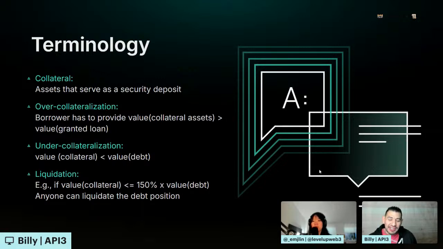And then liquidation is basically the point where your collateral doesn't meet the requirements of your debt. There is going to be some kind of liquidation on your position where I'm going to pay back the loan for you and then get some return of value. So I'm going to be throwing those terms around so you can understand.